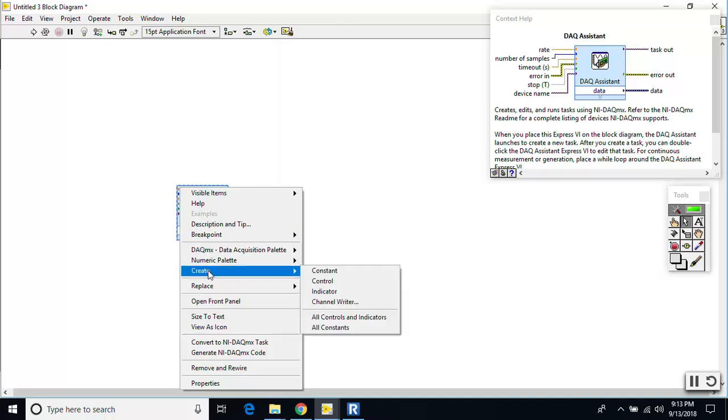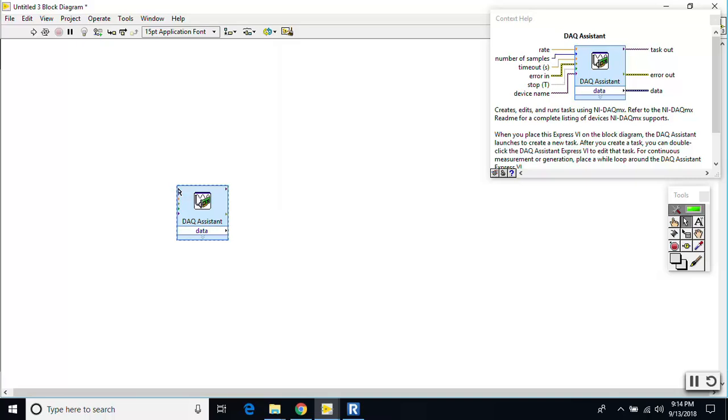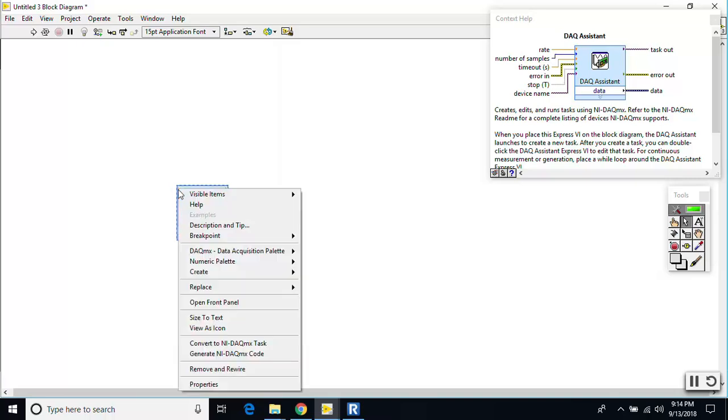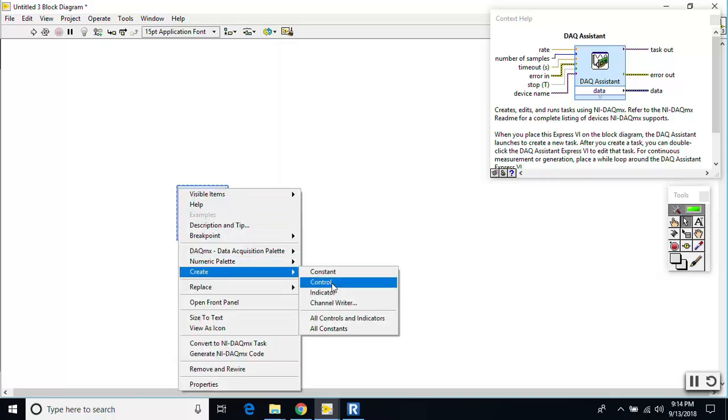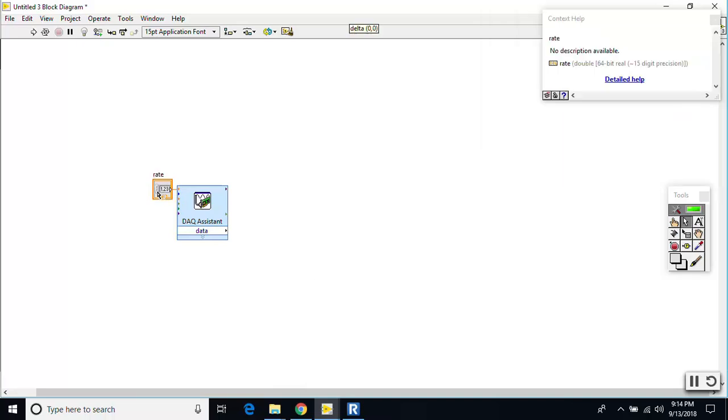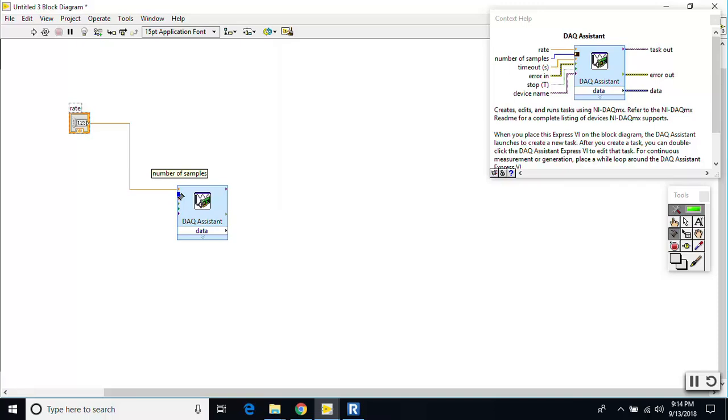Okay, I thought something popped up there, but what we need to do is right-click over that node that we see is rate. Then come here to create control, and it pops up. See, now it's popping up. That's what it should have done before. I don't know why it wasn't doing that before. For some reason it wasn't doing it,